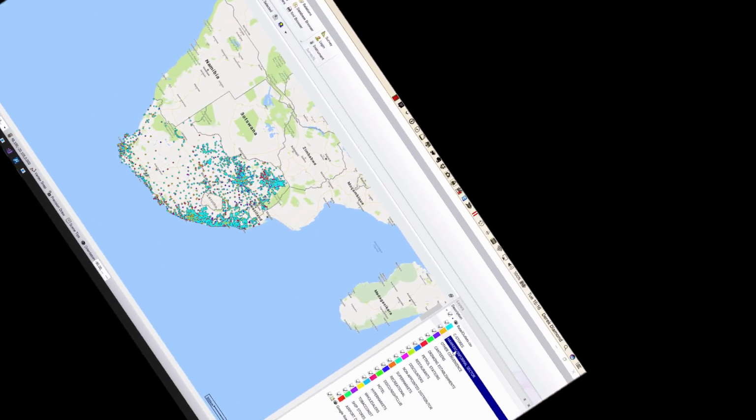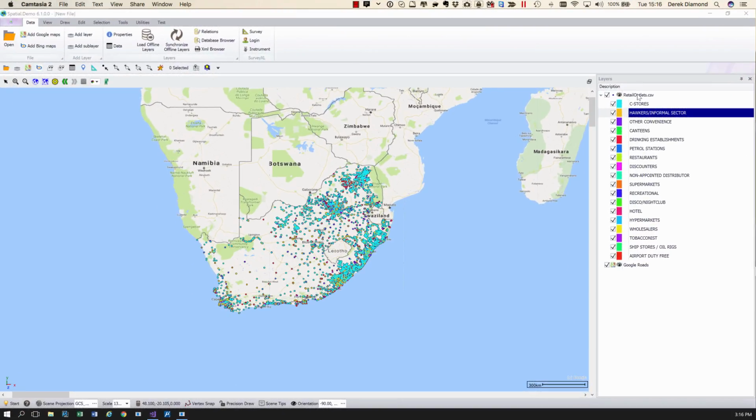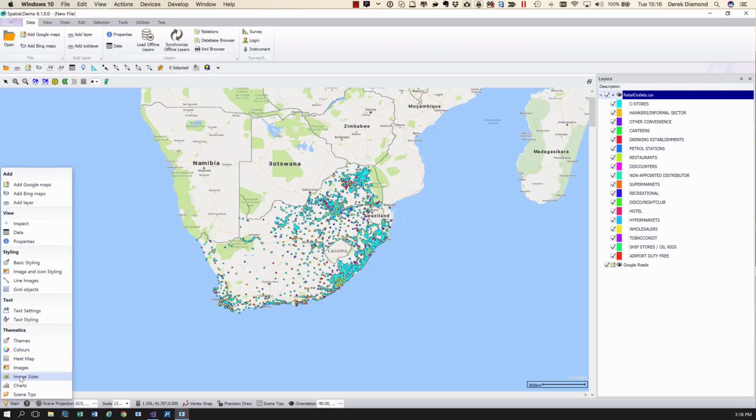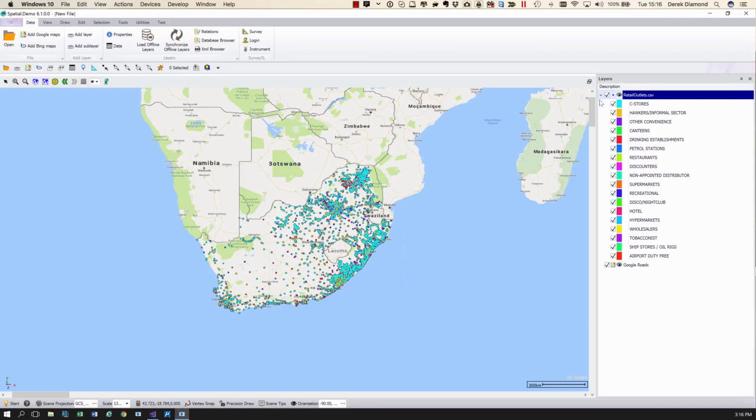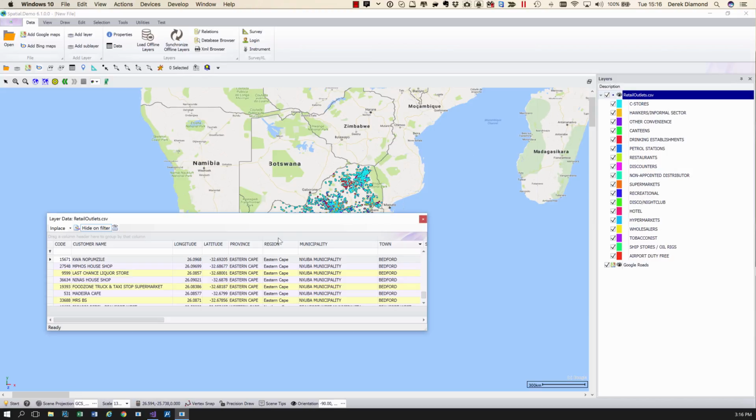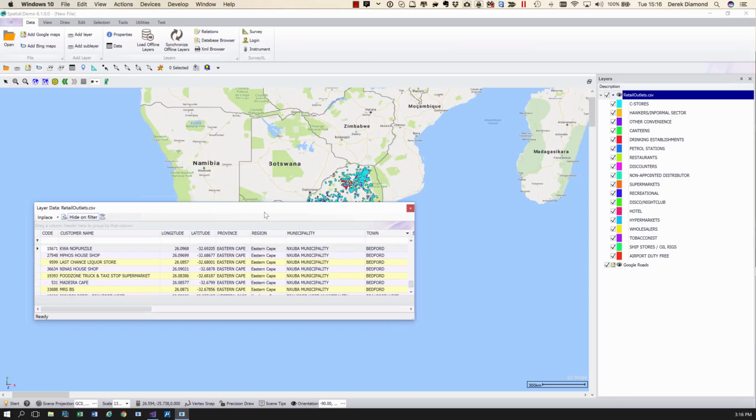This is a demo of some of the thematics tweaks in the latest versions of SpatialXL. I've loaded a comma-separated value file here of retail outlets. I've put on a color theme, and the theme is based on the trade channel. What we're going to do is filter on this data, and while we're filtering, we would